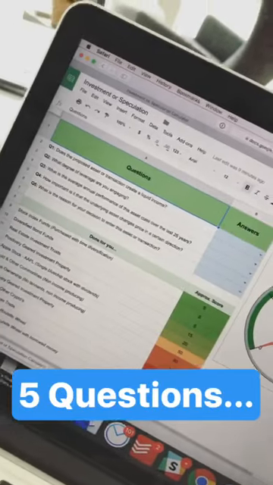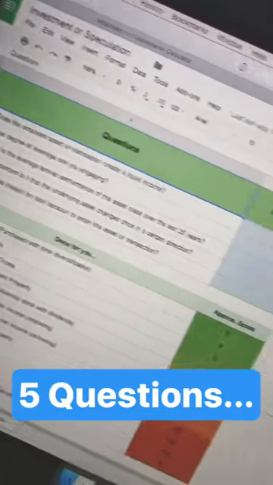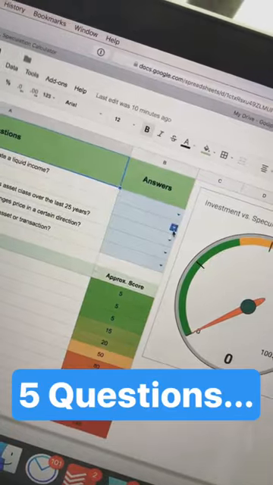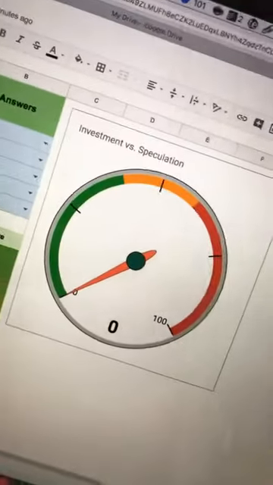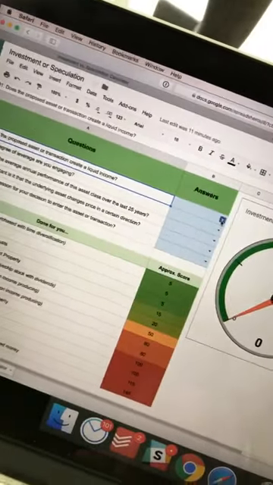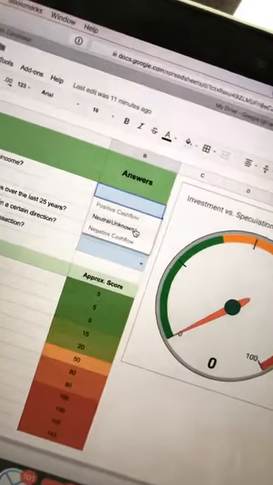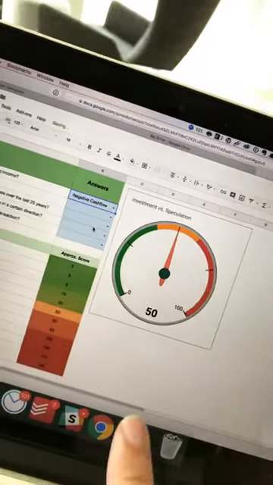Basically all you need to know is these 5 things. Where it's blue, there's 5 questions that you need to answer. You put your answer in, and based on your answer, it uses an algorithm to tell you, look, are you talking about an investment here or is it a speculation? So let's just say you're talking about buying a particular investment. What type of cash flow is it? So you just answer the question. Negative cash flow. Oh my golly gosh, see what happened there?